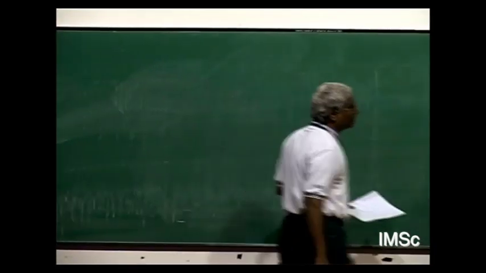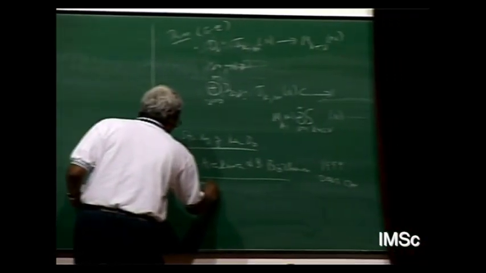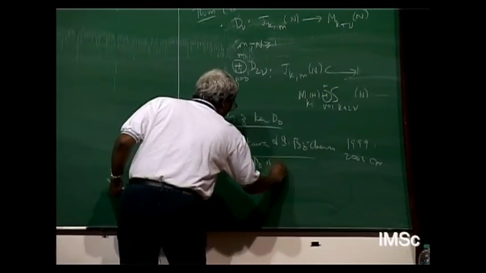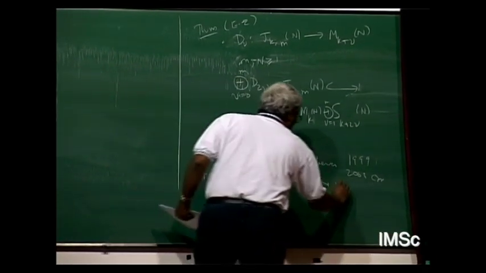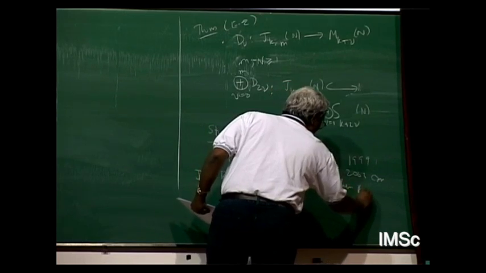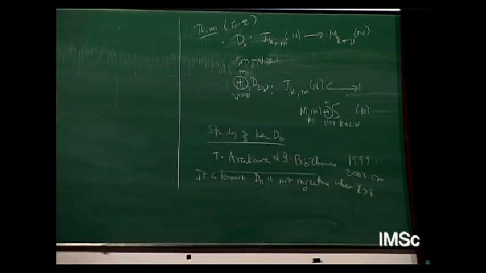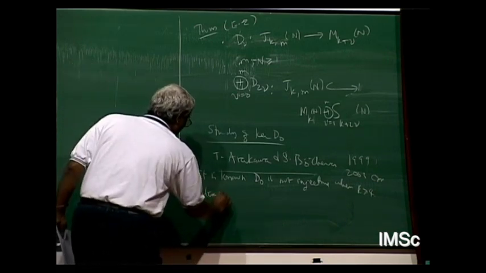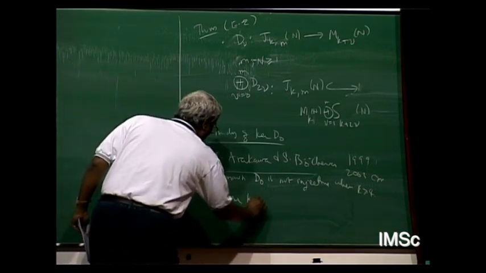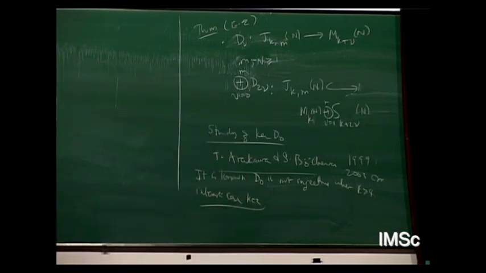Also, it is known that D naught is not injective in general when k is greater than or equal to 4. So the only special case of injectivity one can think of is k equal to 2. So the interesting case, the injectivity of this also was studied by Kramer in